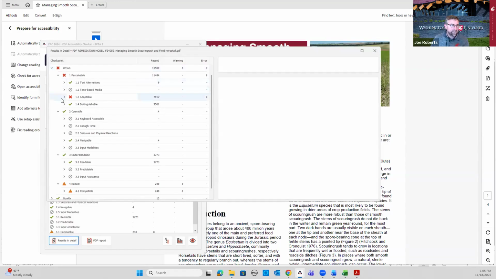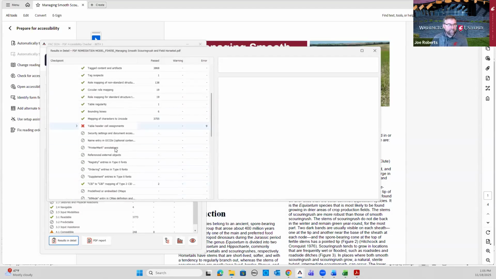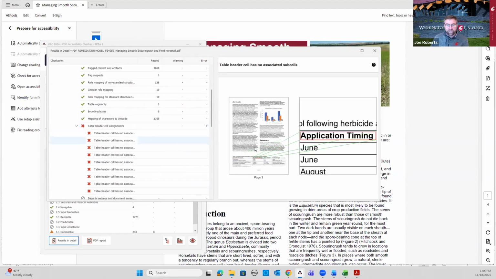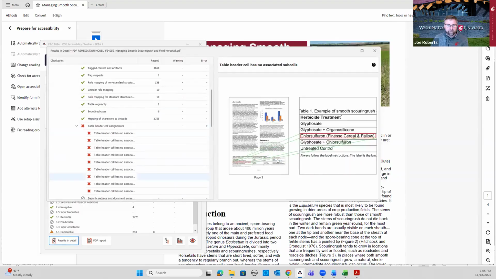If I scroll down to where this red X is, and then press the right key, it'll expand this. I'll go down to info and relationships. Looks like we passed a whole bunch at this point, but it says table header cell assignments. Let's expand that. The report identifies that the failure is related to the data table, specifically table header cell has no associated subcells. And now you'll see that it's pointing out exactly where the issue is taking place